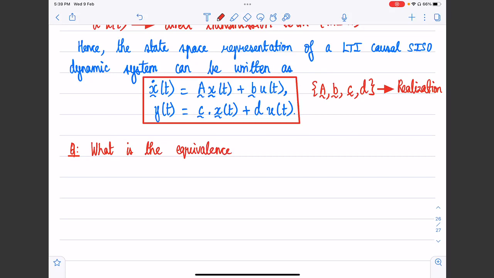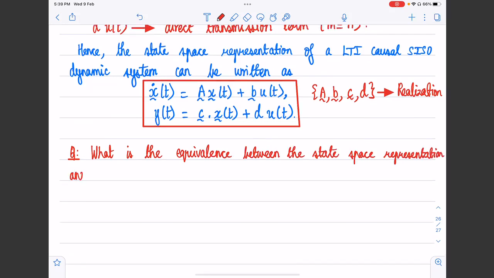So we should answer the question as to what is the equivalence between the state space representation and the transfer function representation, right? That's very important. So why is this important? Because ultimately we only have one system, right? But then the question becomes, how do we